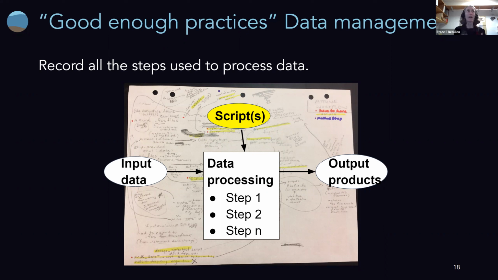But to help the end user, if you think about ultimately you yourself using the data product a few months from now, or someone else in your lab group using the product, it can be helpful to try to get everything down, write it down, and then try to formalize it by writing out the steps and noting which products go into your scripts and things like that.